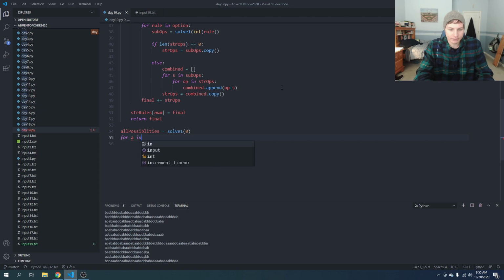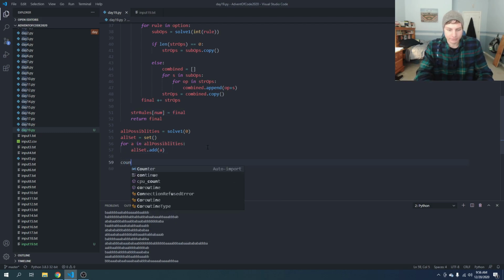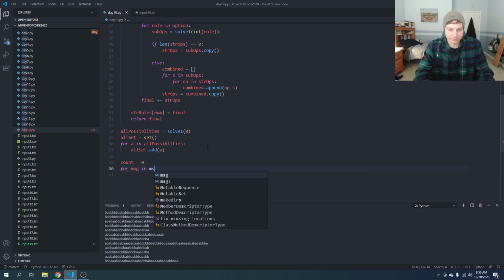So for a in all possibilities, and we're going to say all set.add(a), and then we'll say count is equal to 0, and for message in messages,